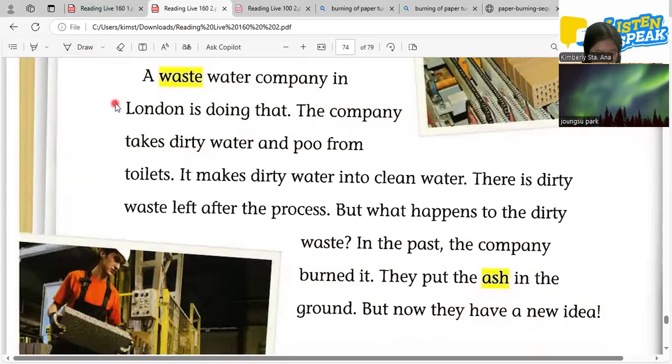Can you help me, Jimin? West water company. The water company is doing that. The company takes